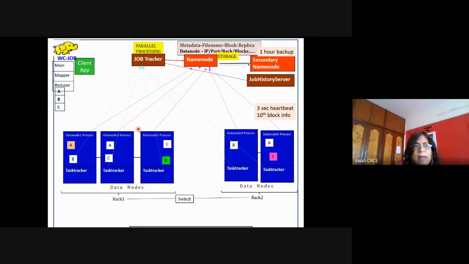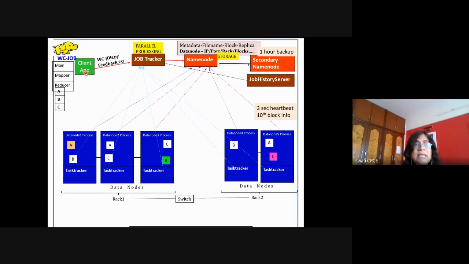Now, in case of MapReduce, the client is writing the program. This program is in the form of Java or Python, and we are assuming that the file is already stored. Now, for the parallel processing, the client submits the job to the Hadoop cluster. That job is received by the job tracker. Job tracker and task tracker are the components of MapReduce. I've told you everything in the previous lecture; I'm just reminding you.